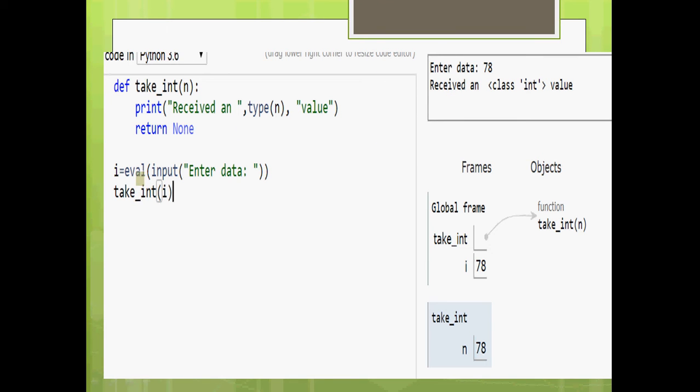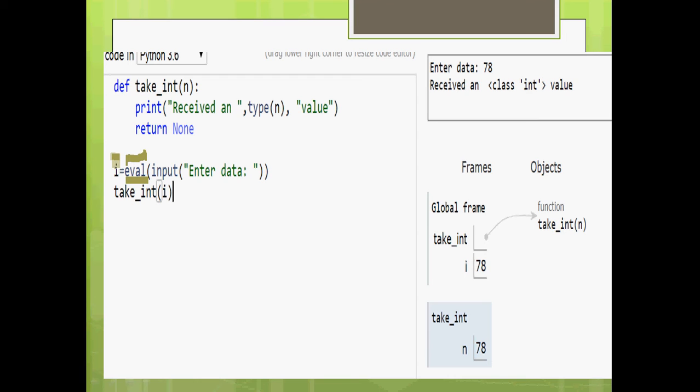I took a value using the eval function. Whatever value you enter in the input statement, eval will consider the type and create it. This is a very dynamic process, because you're not expecting an integer, you're not expecting a string, there's no expectation at all.